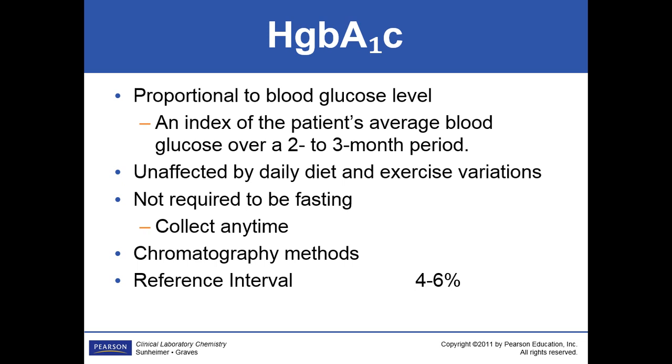They're going to be a little higher. So the doctor will monitor. They'll probably have the patient come in every quarter, and they're wanting to see that a certain percent they'll come up with, and it's not usually the normal. They don't expect them to get that low, but they'll have a ballpark figure. Say, I want you to be around 8%. Okay, so they're trying to do whatever they need to do to get you at 8%, meaning that most of the time you were there. Now, this is an average of the time period, and we usually go for 3 months because they'll jump on the hemoglobin right away, so we usually use it as a 3-month index.